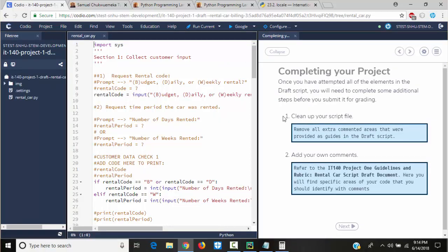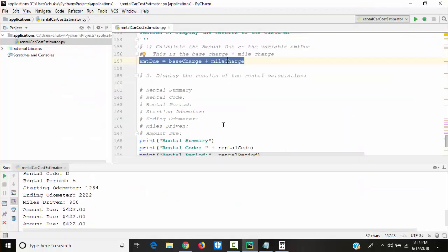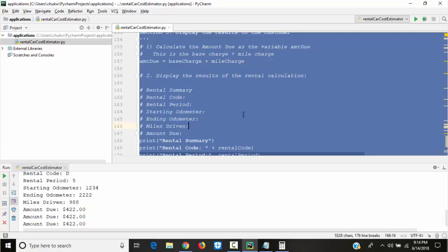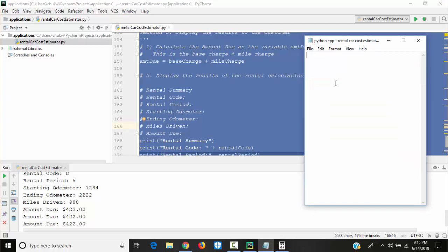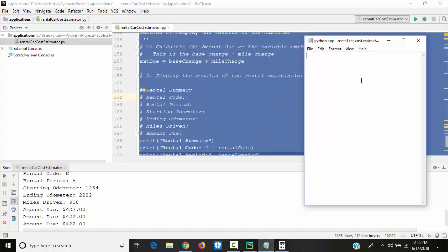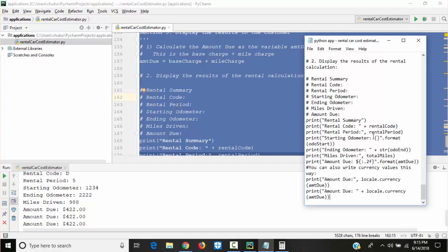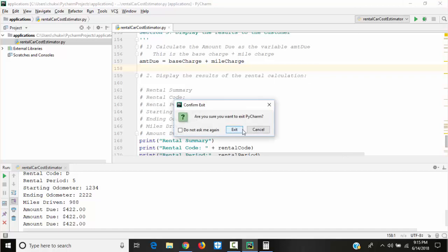Next. Okay, so you can now finish up this. We've done the most part. And I'm just gonna come here. I will copy all this. Control C, Control A, Control C. Come here. Control A, delete. Control C. Oh, okay, Control A, Control C. Come here. Control V. And then Control S. You can do Control S. Okay. And close it. All right. And I'm gonna just close this. Are you sure you want to exit?